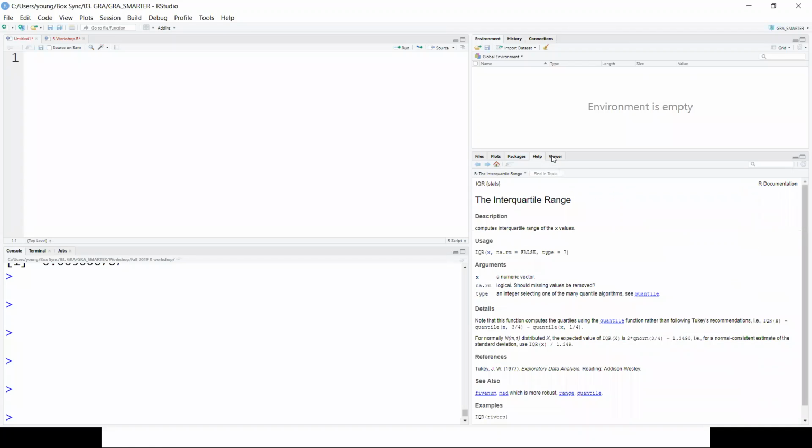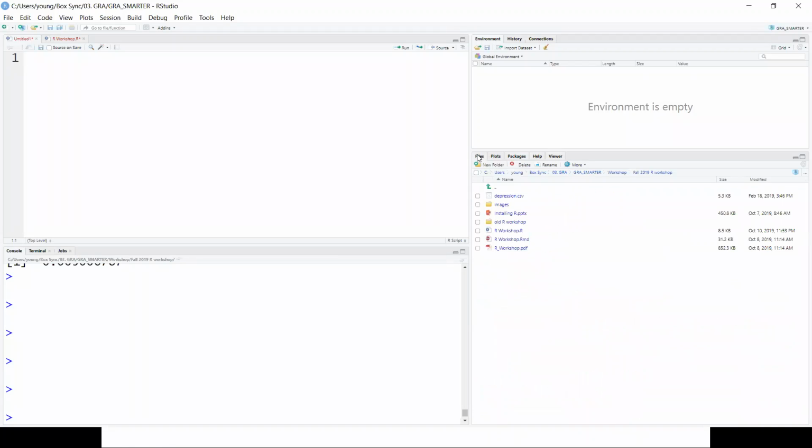And then help files and viewers, this kind of screen can pop up down here. So this is really useful when you use R. Actually, it's okay to use R instead of RStudio, but I strongly recommend using RStudio at first because it's useful to see all of these, like the data and plots, at once.